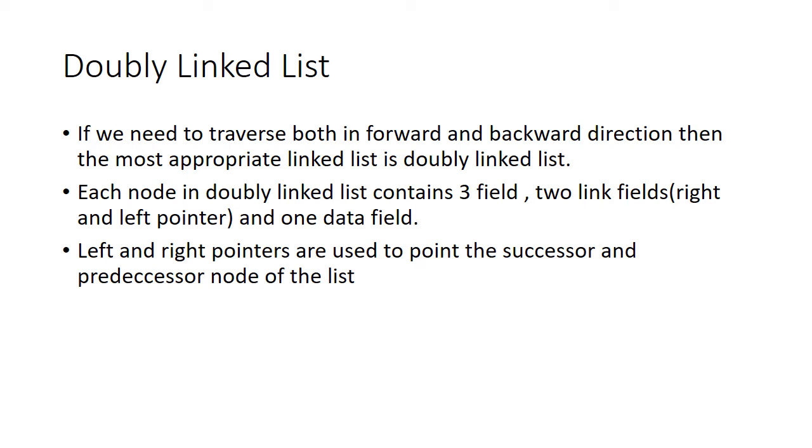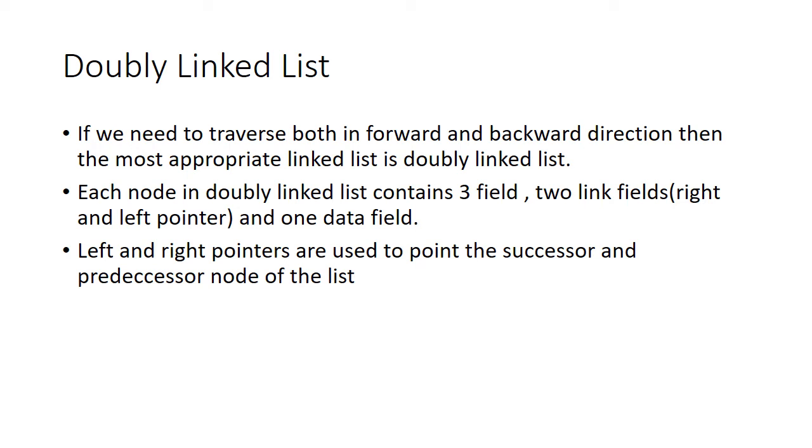But in order to come up with a solution wherein if you want to go to arbitrary nodes, any node, that is if I am at the fourth node and if I want to come back to the third node, then I should have some type of structure which lets me go to the third node. But that option is not there in the circular linked list or single linked list. Therefore, a new type of linked list has come into picture, and we call that list a doubly linked list.